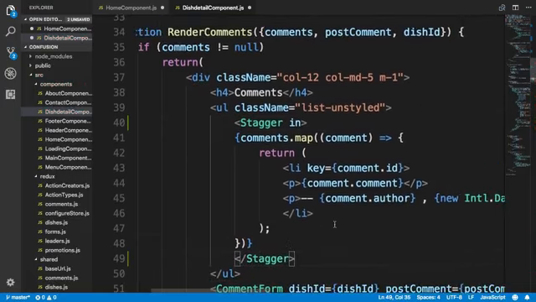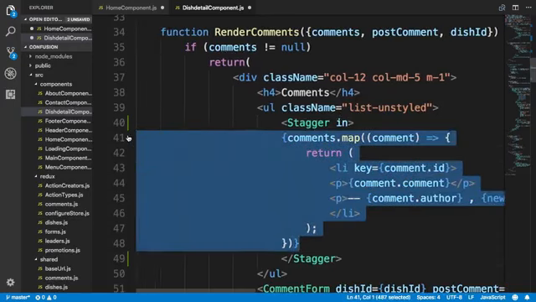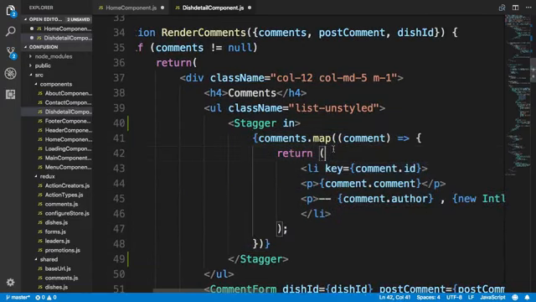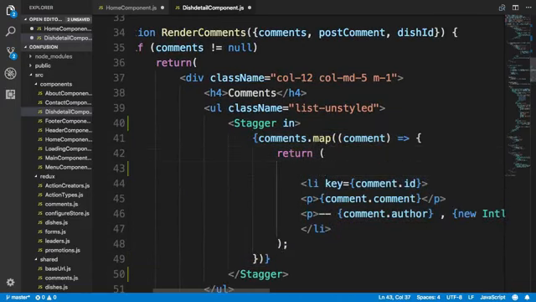We'll stagger the items in. So when you have a list of items, you can stagger things into place like this. We'll indent that, and then in here I'm going to apply